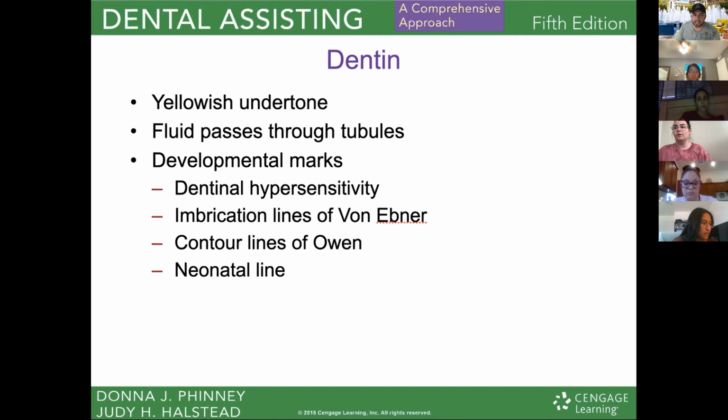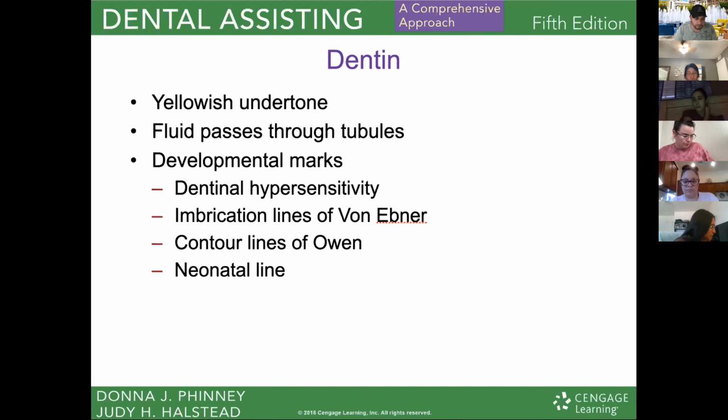So dentin has this natural yellowish undertone, and it has this fluid that passes through tubules. You can think of tubules like pores in your skin, but they're actually little micro canals that go from the pulp of the tooth, and then they feed all of the tissues of the dentin basically. And so that goes through tubules. We have developmental marks like, let's see, developmental marks can be thought of like dentinal hypersensitivity, imbrication lines of von Ebner, contour lines of Owen, and then the